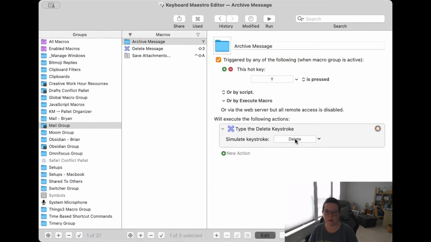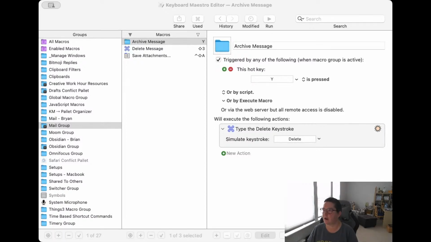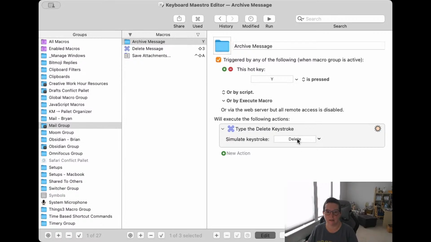And if the Y is pressed, what is going to happen is slightly different, which is the add to archive option. And the keyboard shortcut for that in Mail, I'm looking off to the side here, is the caret apple A. There we go. So that is the keyboard shortcut for archive that will simulate that keystroke for us.